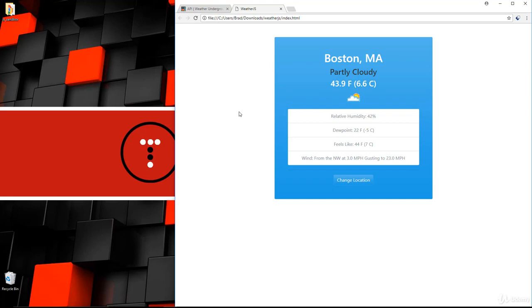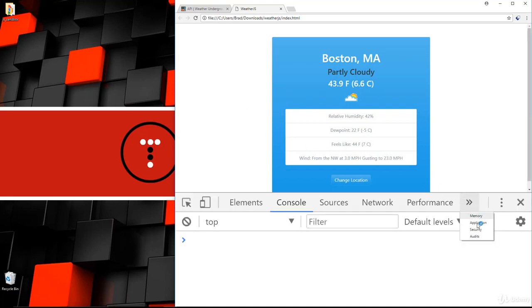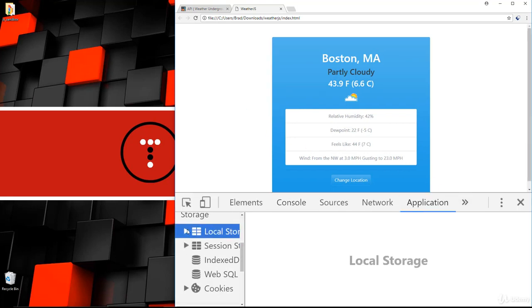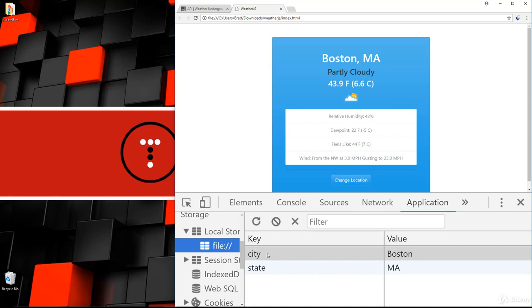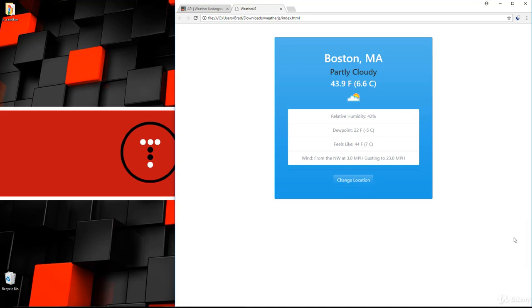Now, if I reload the page, it's going to stay Boston, Mass, because we're using local storage. If I were to look at my Chrome tools and go to application and local storage and look at file, you'll see that I have the city and state stored here, and this will be here even if we exit the browser and come back. So it's a nice little application we're going to build. We're going to use the fetch API again to make our request to the